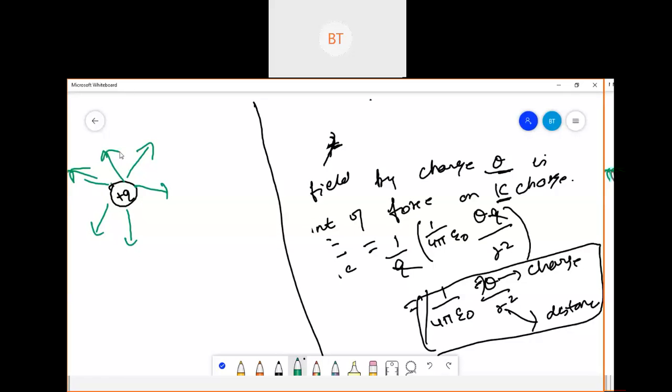Later, I will tell you how to calculate this. For now, I am telling you the direction. After this, we will solve some numericals, and in those numericals we will see how we are going to calculate the values of direction. So always remember this: if you take a positive charge Q, the electric field will be